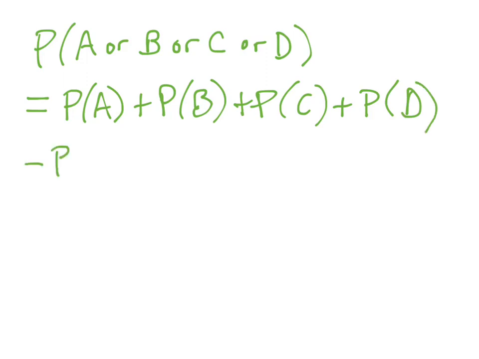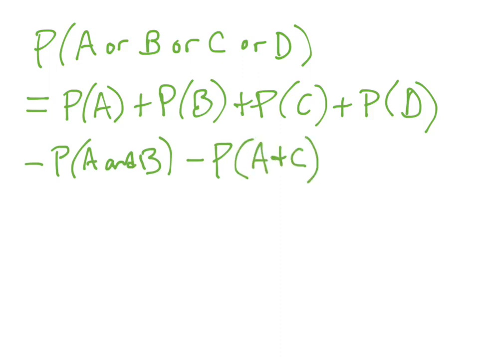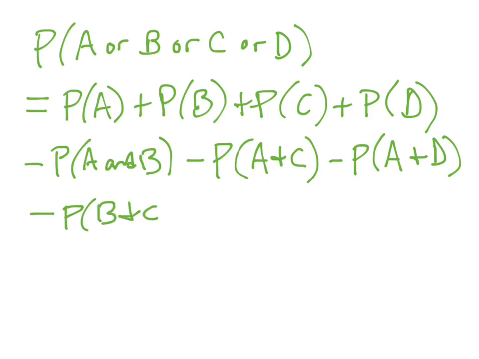So I would subtract the probability of A and B, and the probability of A and C, and the probability of A and D, right? So all the pairs of 2 things, and the probability of B and C, B and D, and C and D,